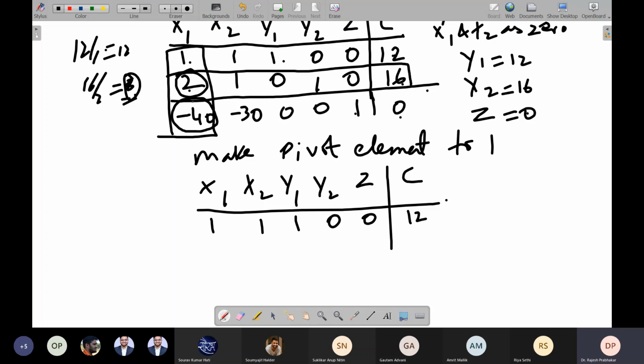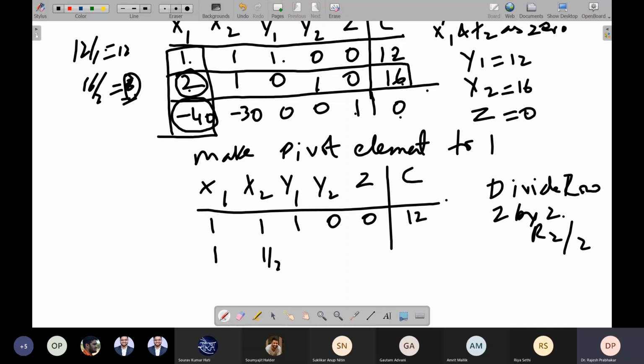So how will you make it 1? By dividing it by 2. Divide row 2 by 2, that means R2 by 2. So 2 divided by 2 is 1, 1 divided by 2 is 1 by 2. This is 0. This is again 1 by 2. This is 0.